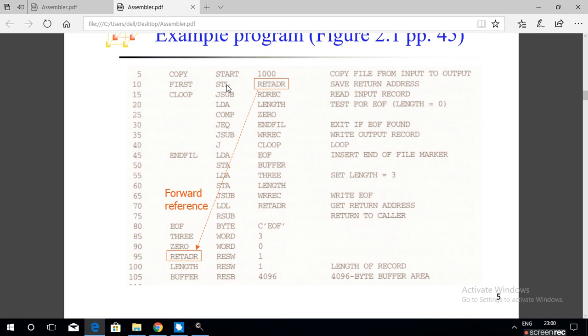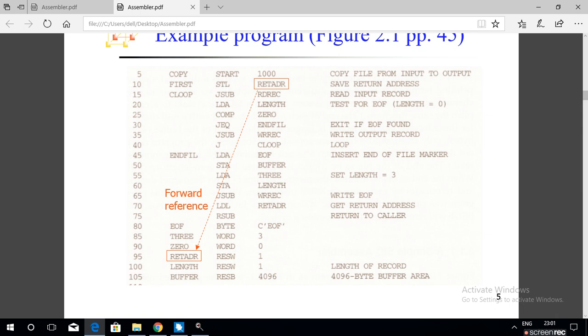STL is the first executable instruction. End first also provides the label that contains the first executable instruction in the program. So this is the first executable instruction in the program.